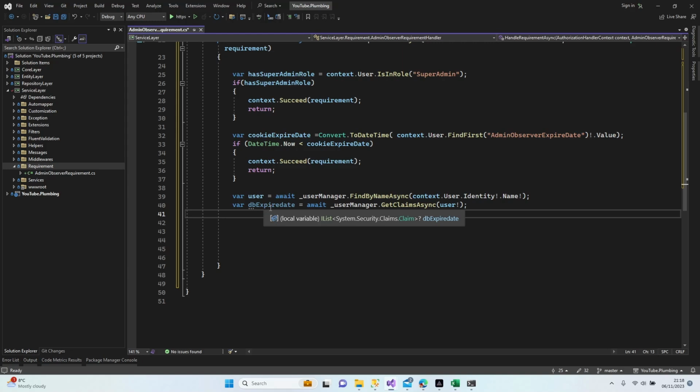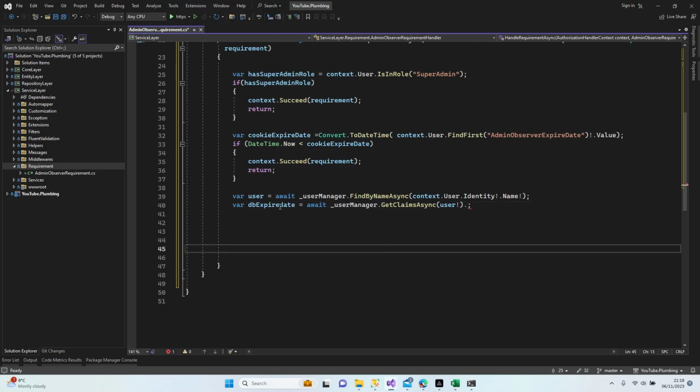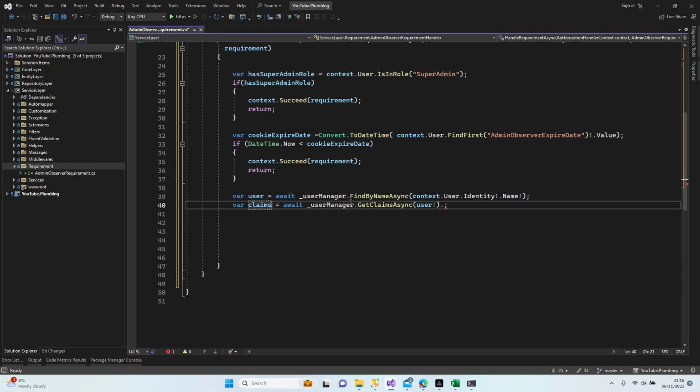Actually, this is not expired date. Let's have a look. If I put a dot here, what are we going to have? No, didn't like it. Okay, let's add here then claims. Right? Okay. Then var db expire date, claims dot